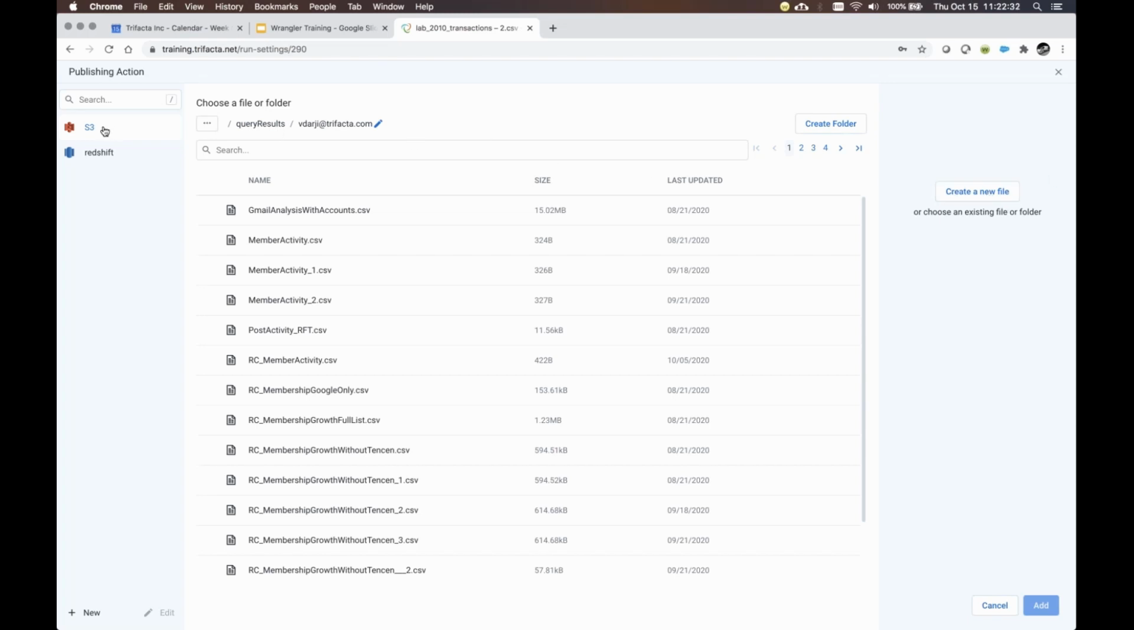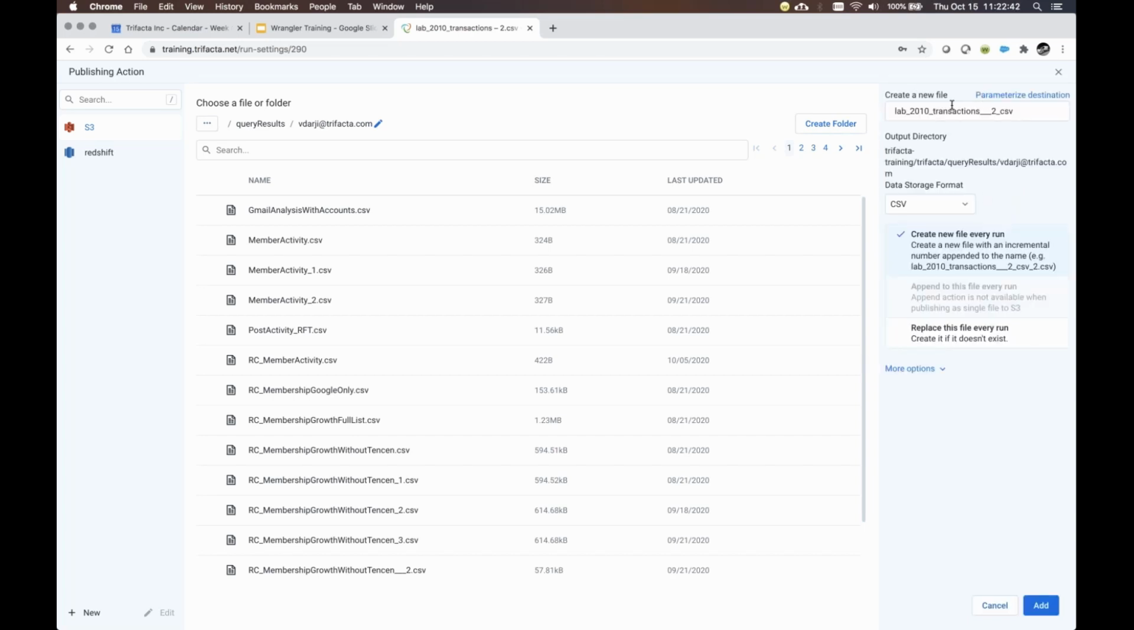So here we're defining where it's going to go, or what system it's going into, and then the name for it. In order to do that, we'll say create a new file. And here are some of our options. We can produce a name in here and say